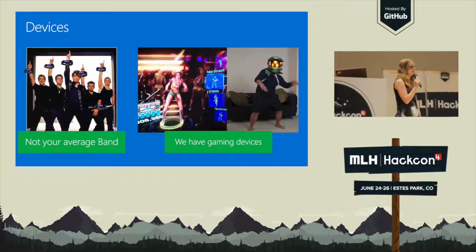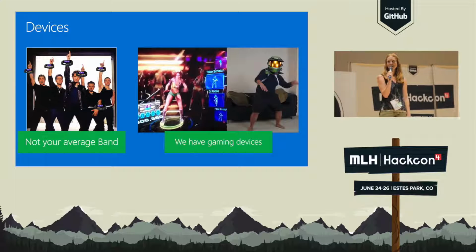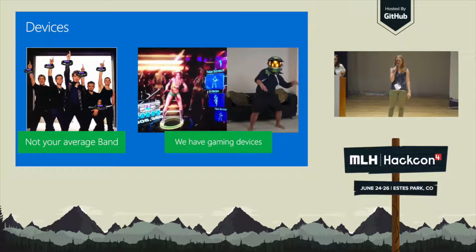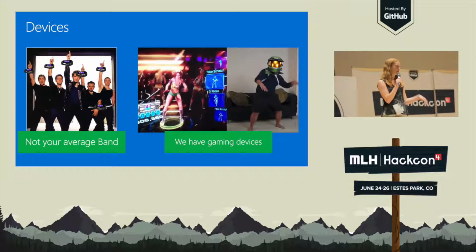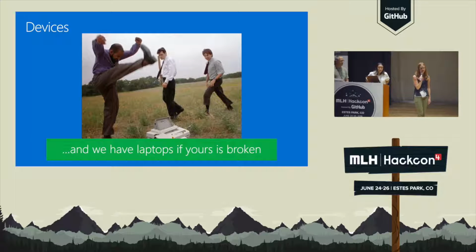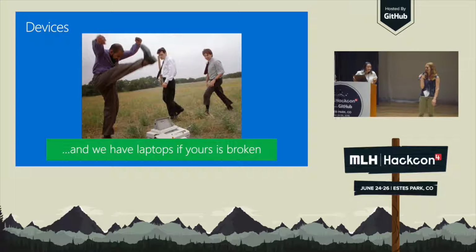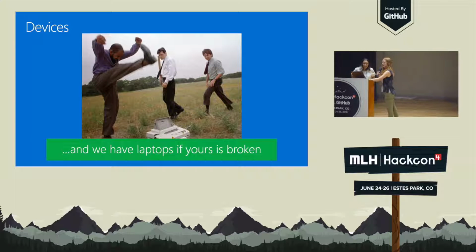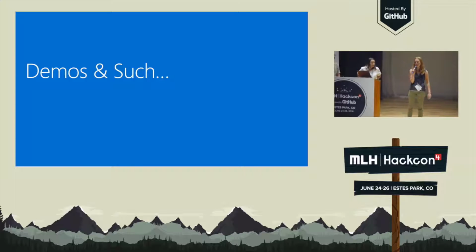In addition, we often bring devices. We'll bring some gaming devices like the Kinect, which you can use for motion tracking and the like. We've seen some really cool games with the Kinect. We'll also bring the Microsoft Band, which is an activity band, and it can hook up to different apps on your phone, and it'll work with the Windows, iPhone, and Android SDK. In addition, just in case, we also bring laptops in case anyone needs an extra developer device. Okie dokie. Now I'm going to pass it off to Randy, who's going to go over some cool demos.